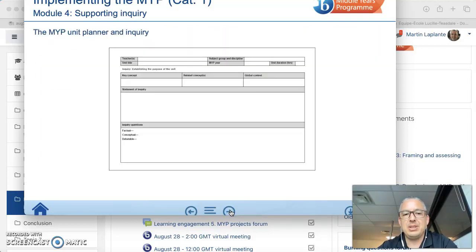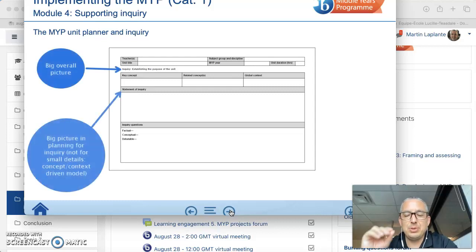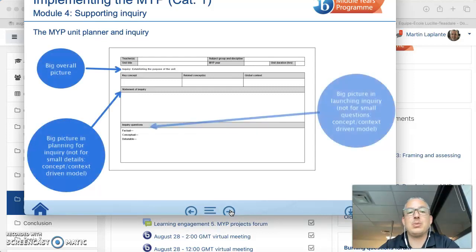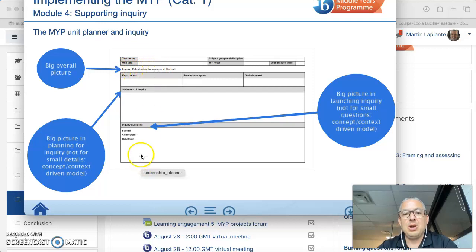So we want to build inquiry questions, and you'll see that there are two sections in the unit plan where we develop inquiry questions. Here, in that first part, in the inquiry section, we will build inquiry questions focused on the key and the related concepts, and also on the global context and exploration. So this is something that the teachers from other subjects could be interested in, like studying the same questions in their subject, or this is something that we can transfer in later projects and activities in the